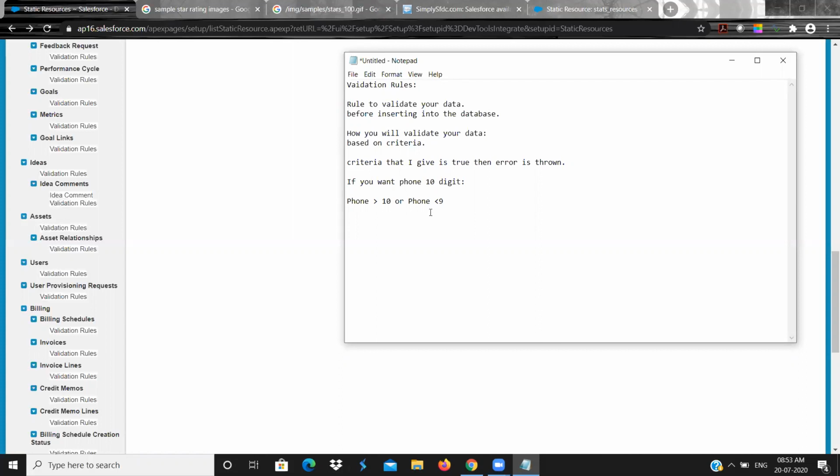What happens if someone is entering an 11 digit number? In that case, this is satisfied, so phone number greater than 10 will throw an error. And if someone is giving only a 9 digit number, this will be satisfied and it will throw the error. Or you can give phone not equal to 10.